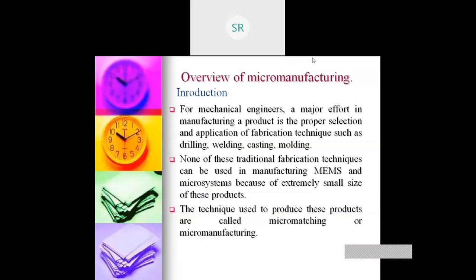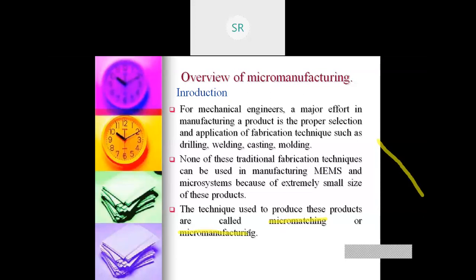The technology used for the design of MEMS or microsystem is called micro machining or micro manufacturing.